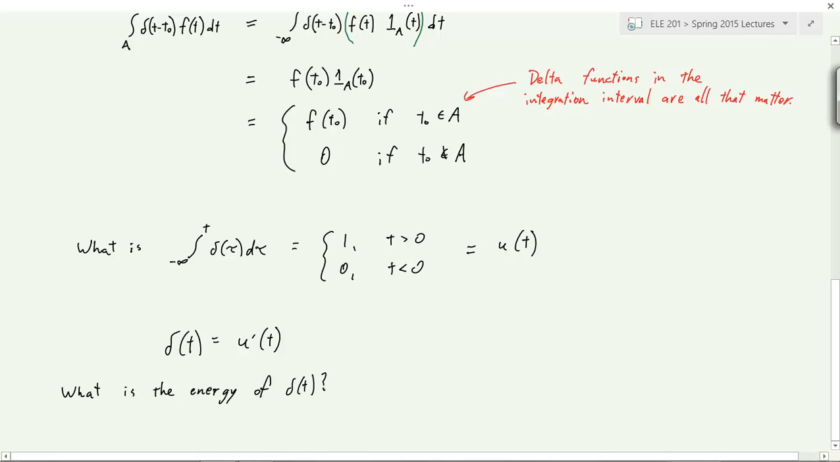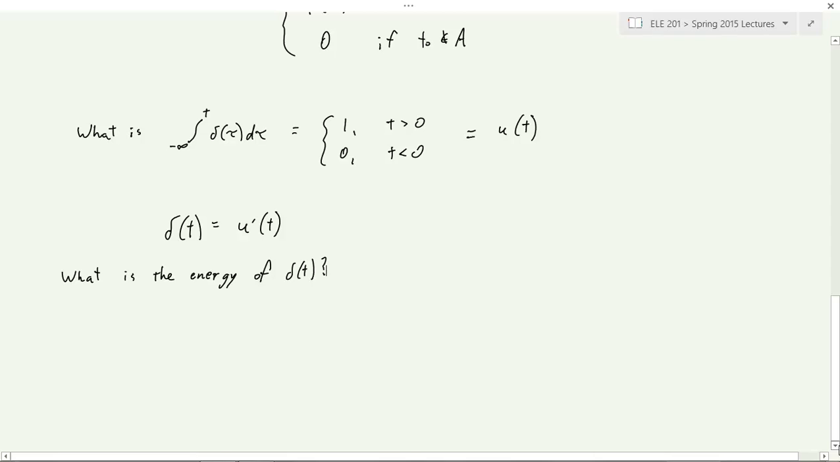Does someone have some idea of what the energy of the delta function should be? How do we calculate the energy, or what is it? Any guess? 1. That's a great guess. It's not true. I'm always baiting you for the answer I want you to say, which is not the right answer. So it's not 1, but it seems like it might be 1, because when you integrate the delta function, you get 1. But if you try to calculate such a thing by taking the magnitude squared of the delta function,